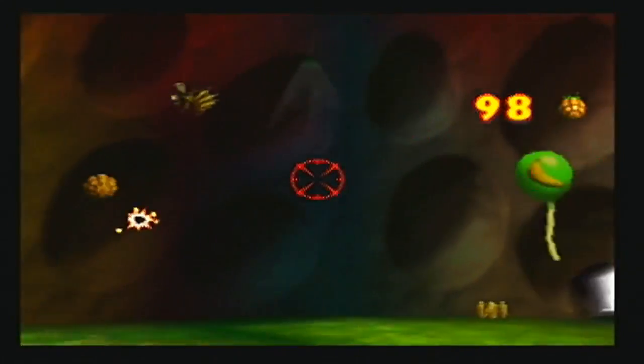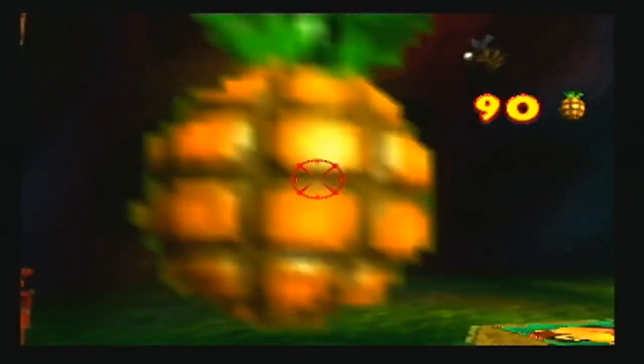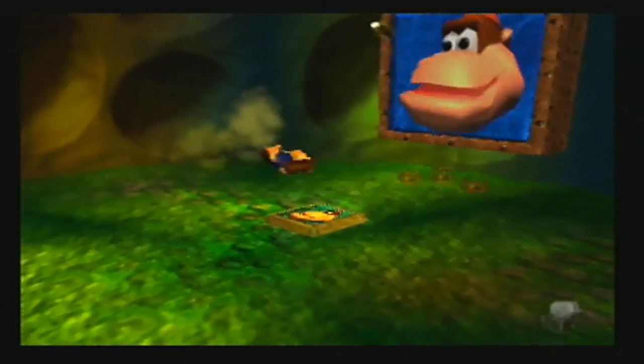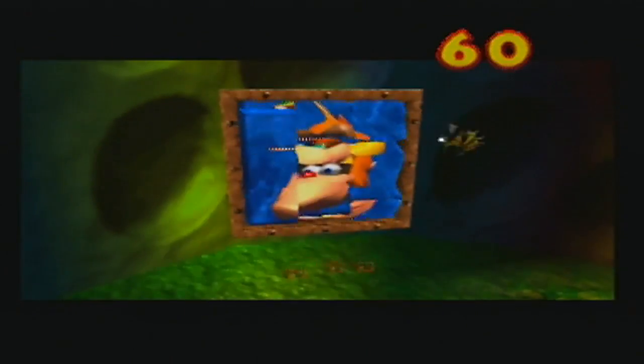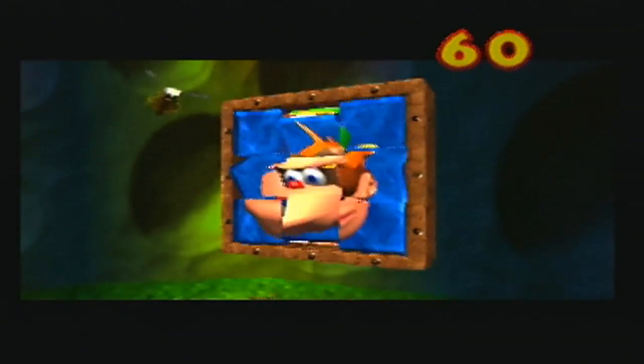also, just because Cranky is in this area, and you pretty much need the Super Simian Slam to do anything else in this level. Like, all the other areas require the use of it. You can't get it unless you come here, so I just like to do this first. I think we're probably going to...